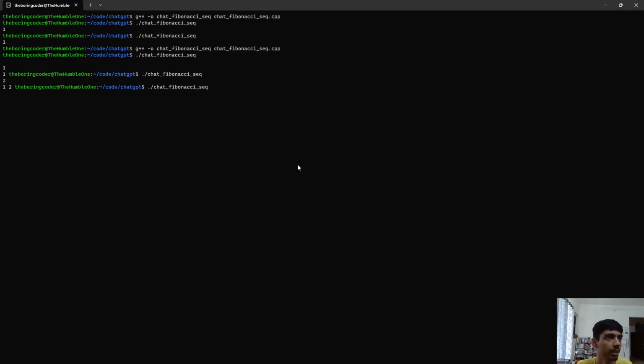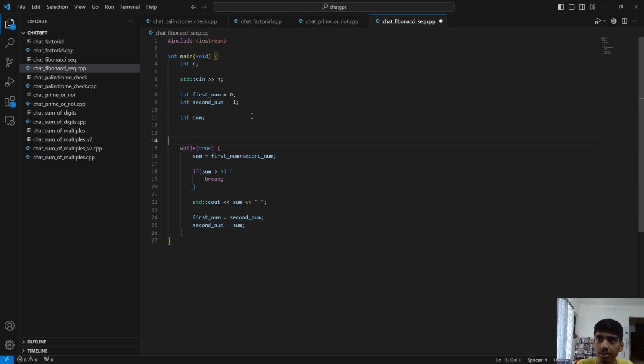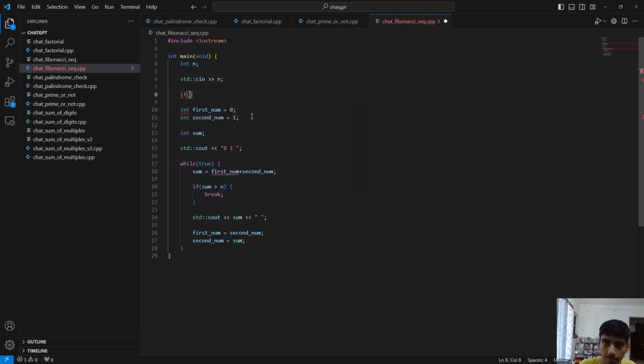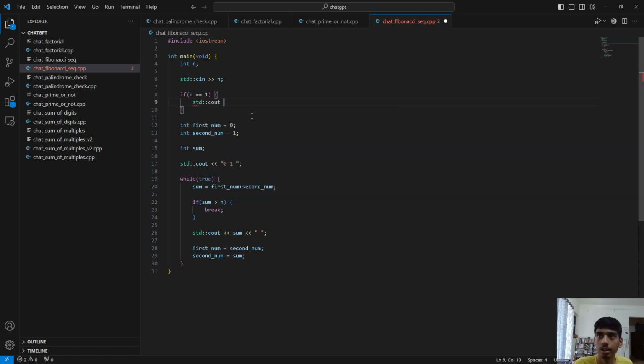But before we do anything else, we need to do one more fix, which is that we need to also print our default 0 and 1. Simply, first we're going to print 0, so 0 and 1 space. Then I'm going to go to n, and we say if n is 1, then we say std::cout 0 1 1 \n